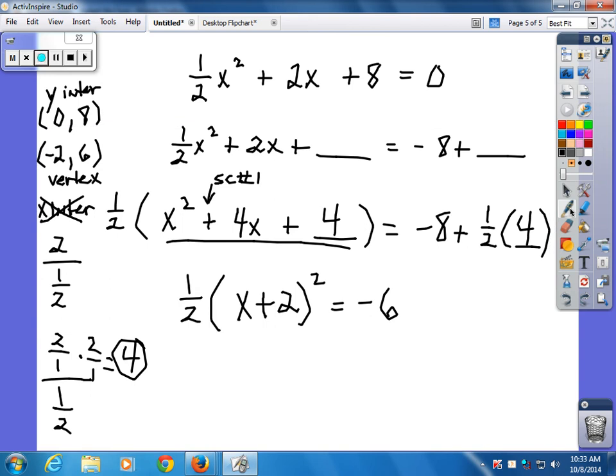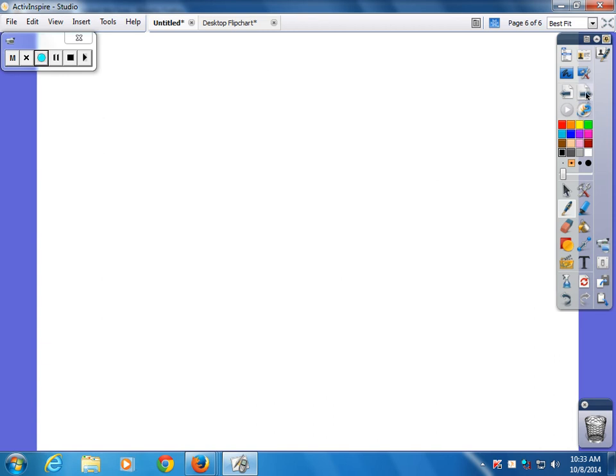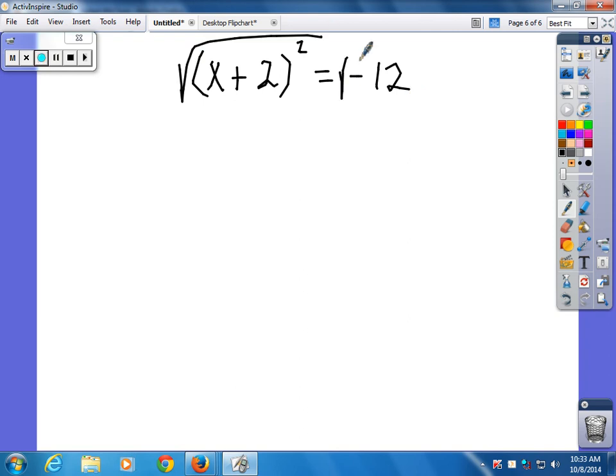Anyway, so I'll go ahead and divide. Divide by 1/2, which means you're gonna multiply by what? 2. That's gonna give you x plus 2 quantity squared is equal to what? Negative 12. x plus 2 quantity squared is equal to negative 12. Take the square root of both sides. x plus 2 is equal to the square root of 12, i. x is equal to i times the square root of 12